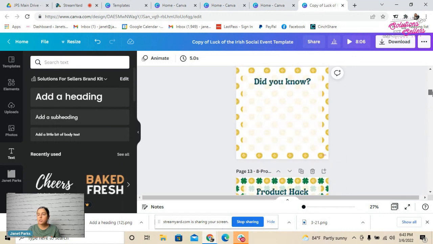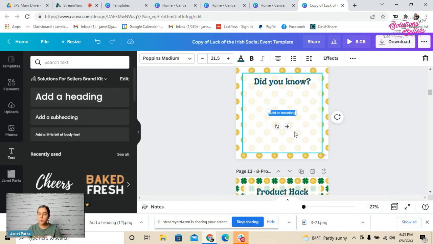Let's do, did you know? If you do a post, and for those of you that are writing scripts or writing your own scripts, maybe this will give you some ideas for your party. You definitely want to incorporate some value. I know we talked about that already. So here's where you do